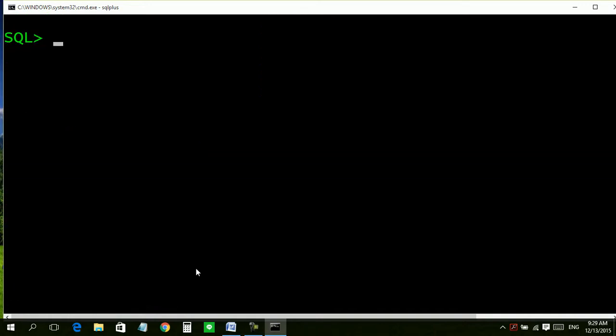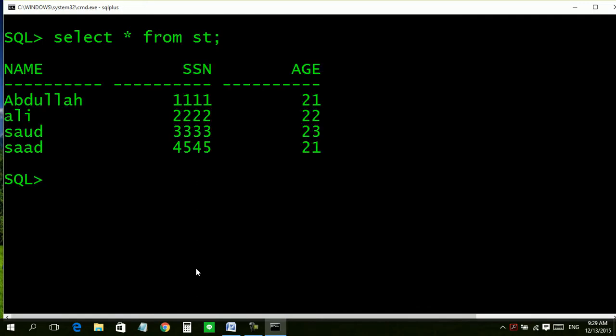Now our table is select name from ST. Later on, after some time, when you have created this table, you thought that you need a city column also for your student table, or rather the course column where the student is registered, or the major, for example CS, IS, CE, SE. So how to do this?